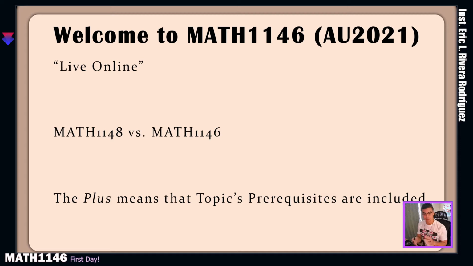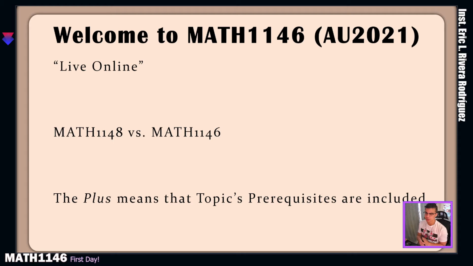The Zoom meeting link is posted on the announcement tab at the top. That announcement is always going to stay at the top. So the only thing you need to do is enter our Blackboard page and click on the announcement at the top, and then you are going to enter our meeting.